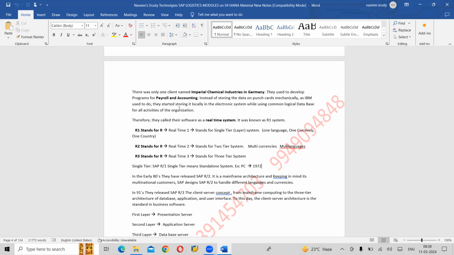The five IBM employees who were working hard on that project, when IBM withdrew it, came out from IBM and continued this project, payroll and accounting. Who was the customer? Imperial Chemical Industries was the customer, which is based out of Germany. So in the year 72, they came up with